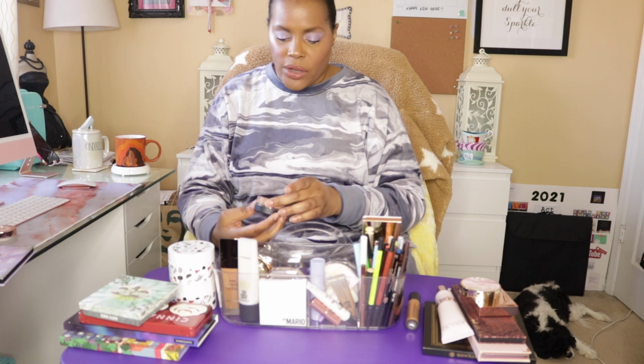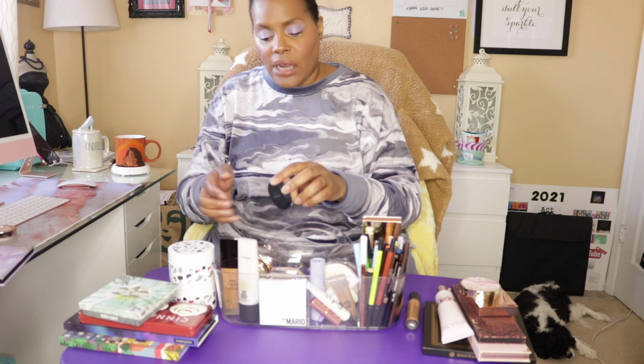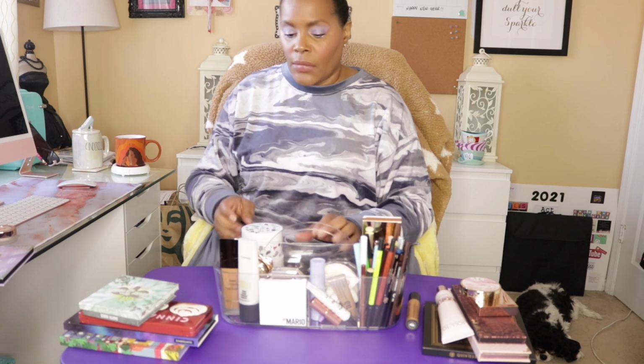And then I pulled out the Bare Minerals Multitasking Concealer in Dark Bisque. And this is just their regular loose concealer. So I'll be using that. These are just going to sit on my makeup table because they are too big to fit in my basket. And as far as